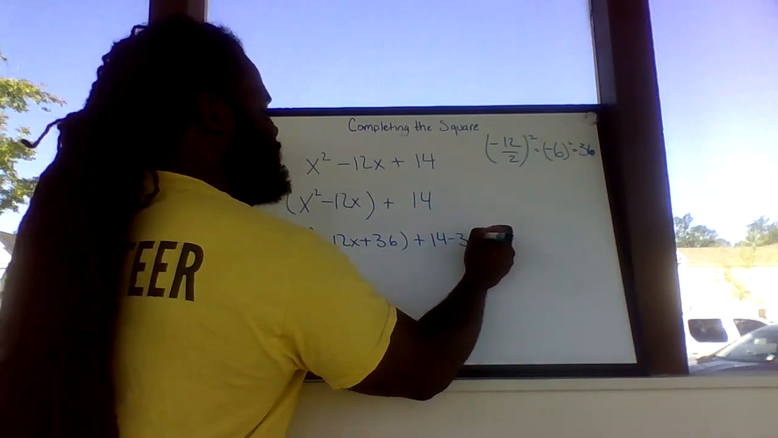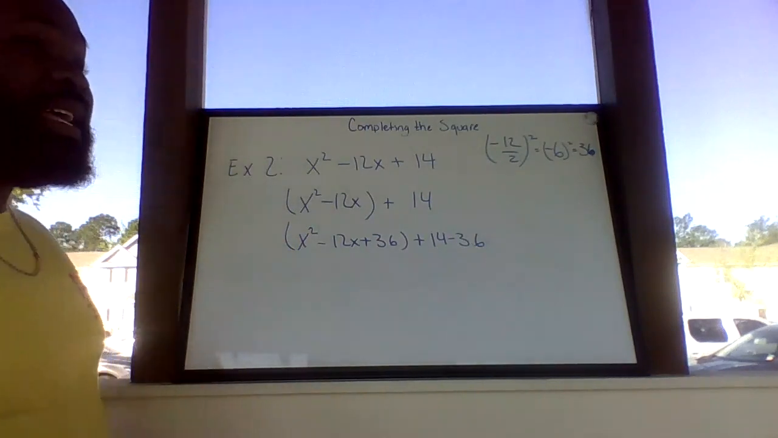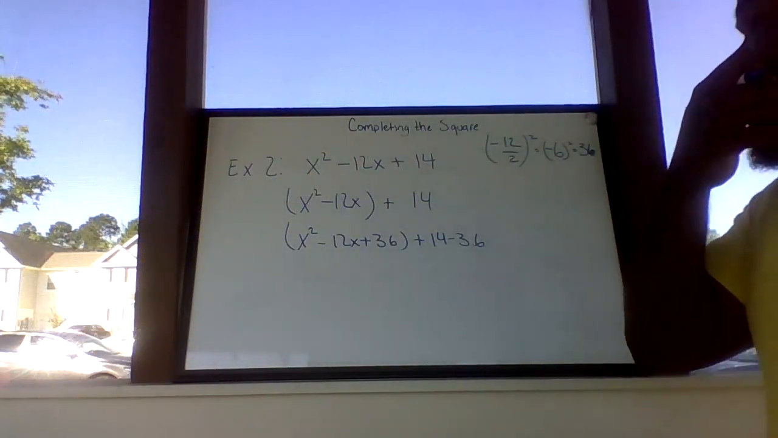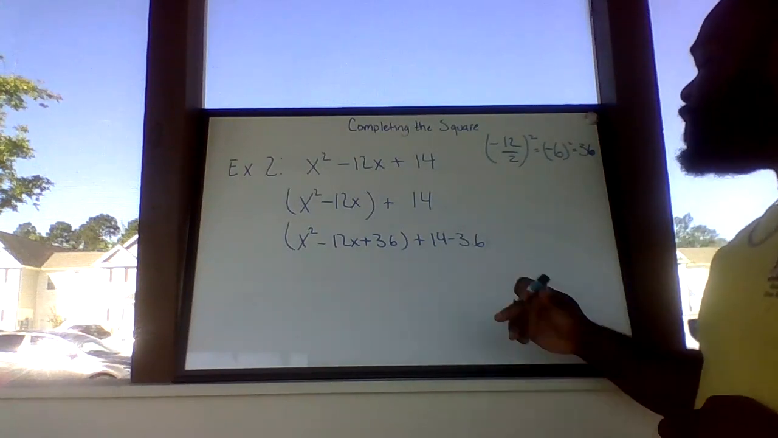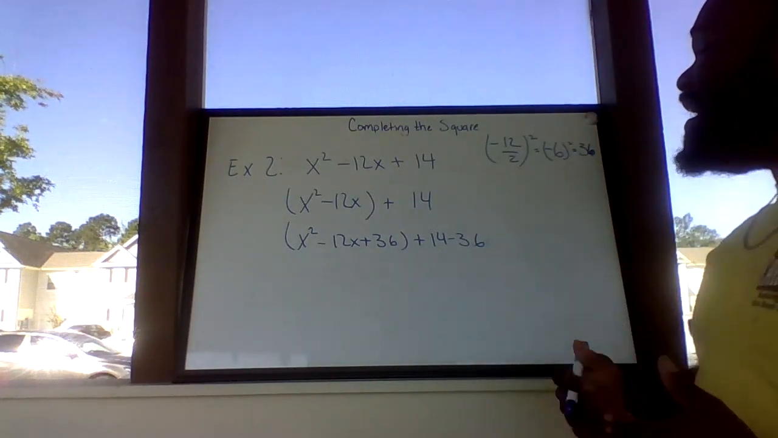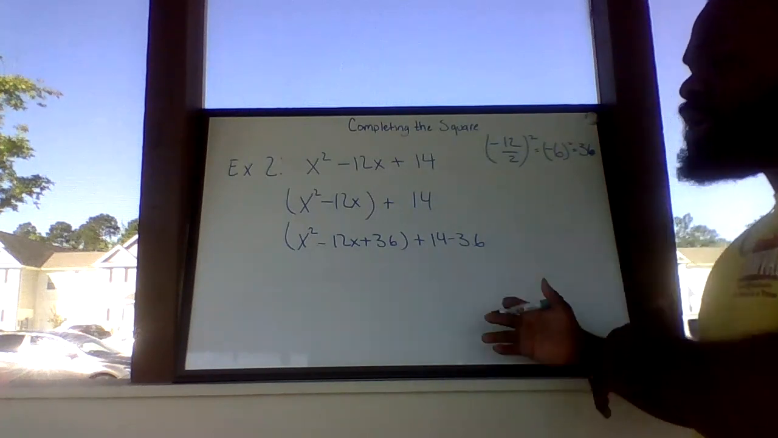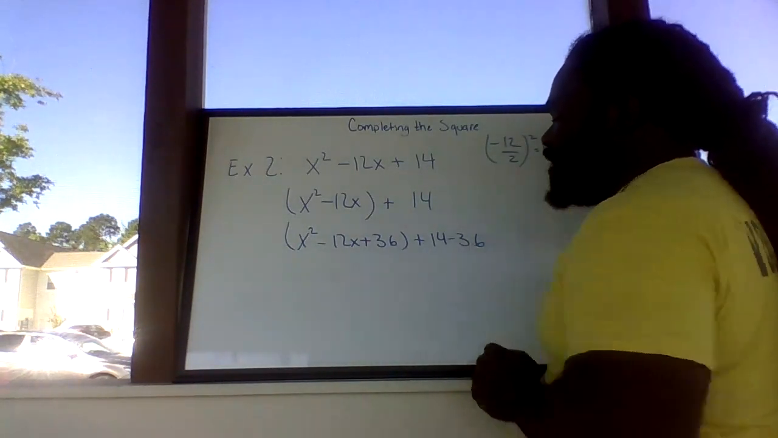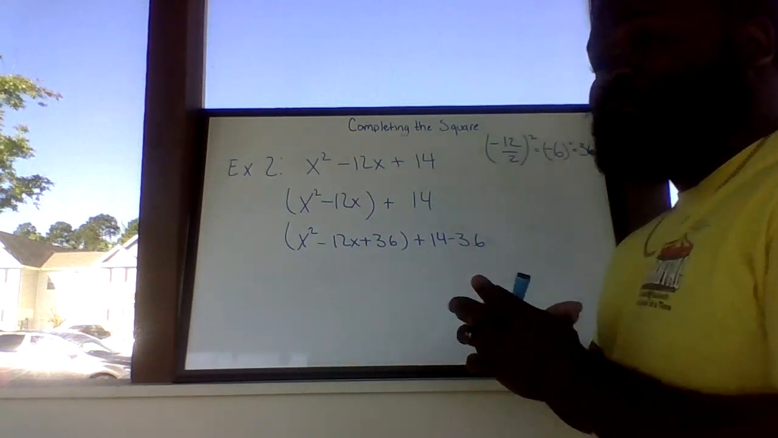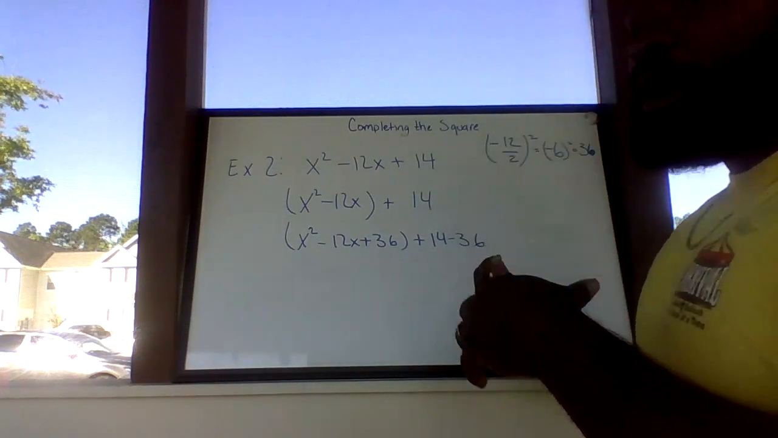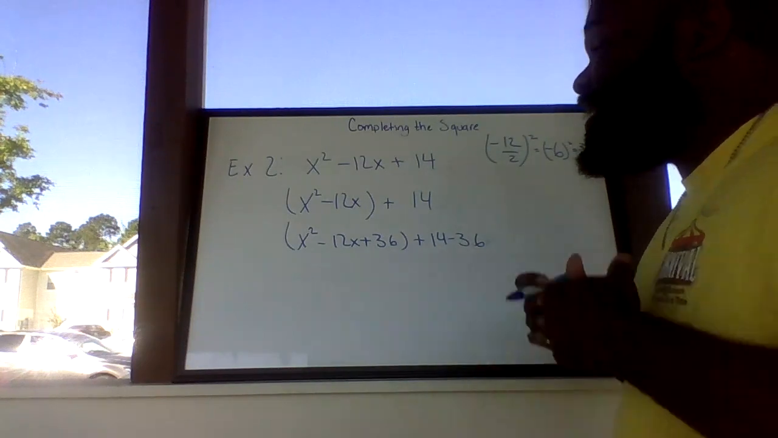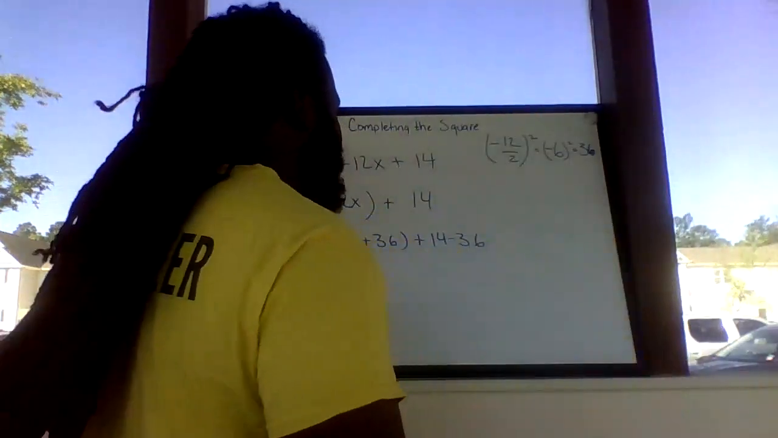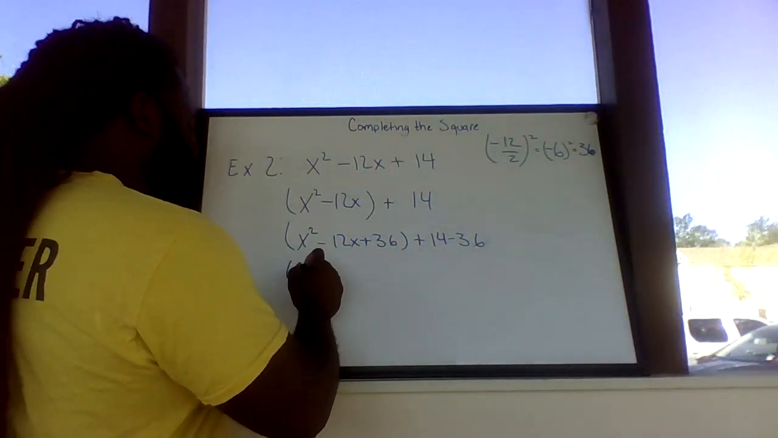Remember, if I put plus 36 on the inside, in order for me to keep my expression the same, I need to subtract 36 on the outside. So we add 36 on the inside, we subtract 36 on the outside. These two would eventually cancel out and give me 0, which does not change my problem. I'm just adding 0 to my problem, but I'm using completing the square in order to rewrite this in vertex